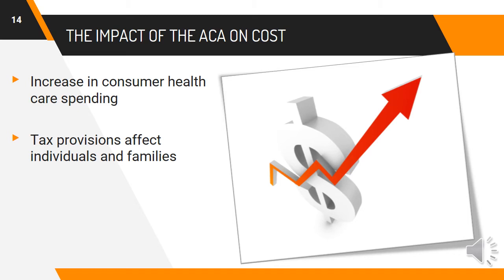Furthermore, the tax provisions developed by the Affordable Care Act are a contributing variable impacting costs. Revenue generated by the new tax provisions helps cover the cost of the program, but has affected single filers with an adjusted gross income above $200,000. This tax provision affects 1 million individuals and 4 million couples filing joint returns with incomes more than $250,000.